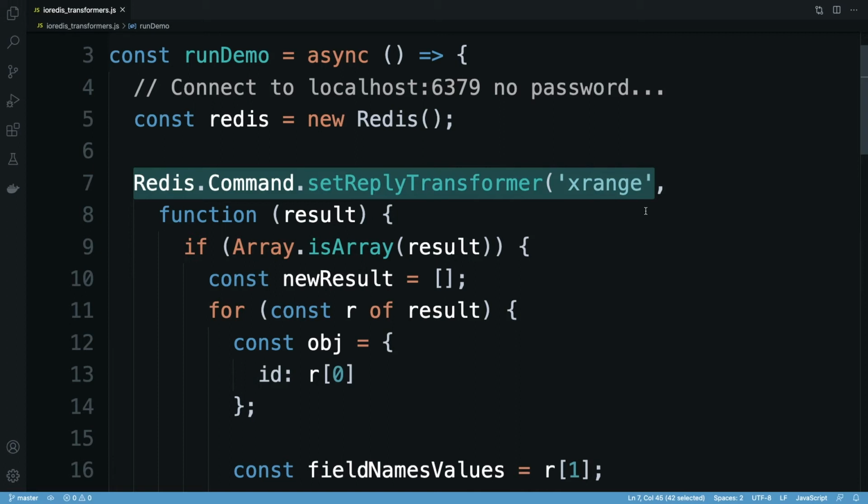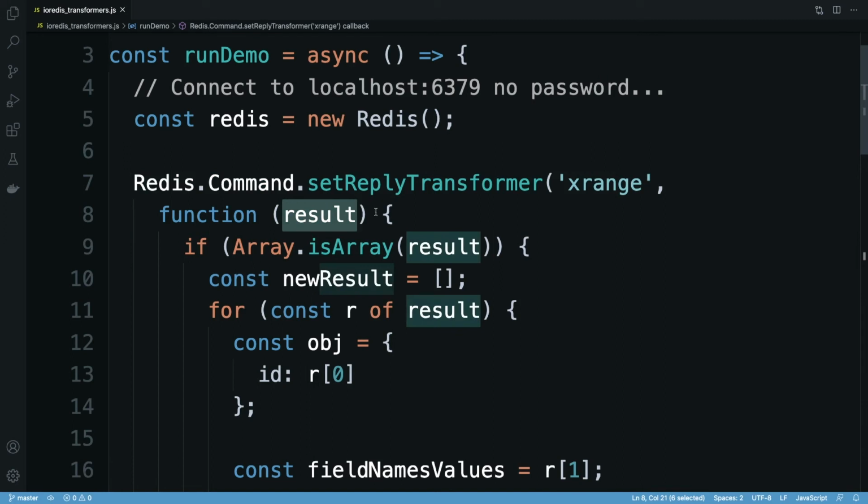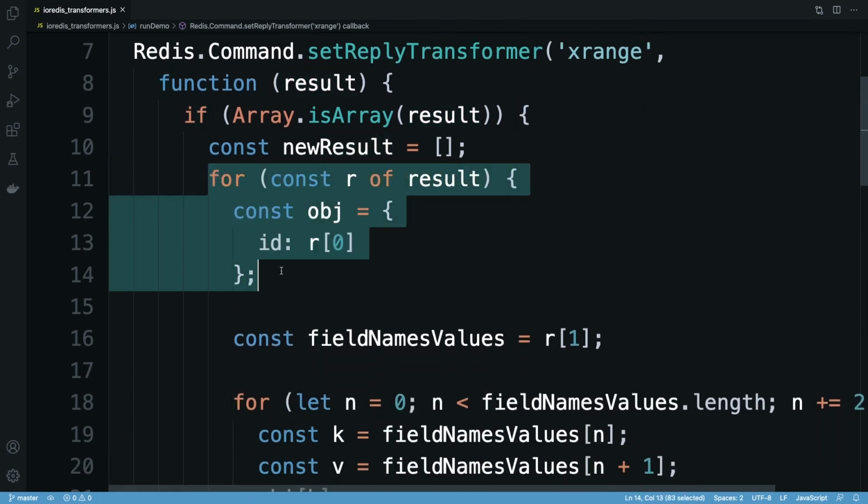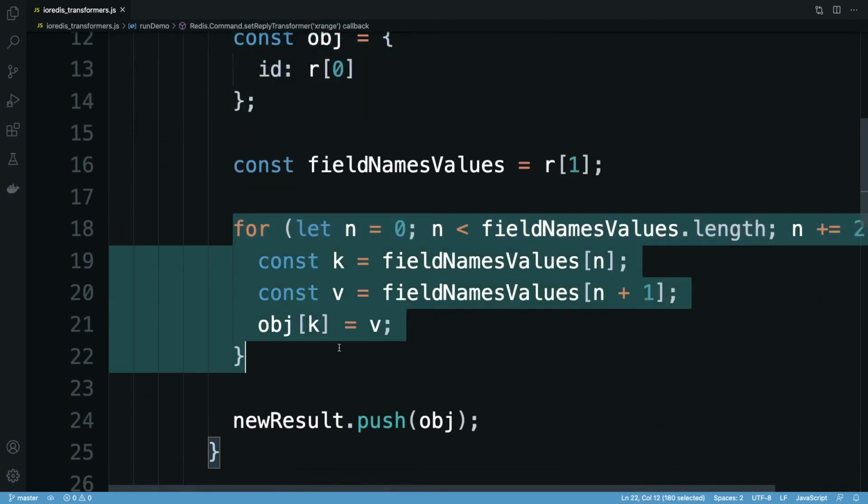Here I'm registering a reply transformer function for the xrange command. Result represents the array structure that xrange normally returns. I loop over the original result array, creating a new object for each stream entry returned. First, I get the stream ID, then use a second loop to transform the array containing each field name and value into a key name and value for my object.